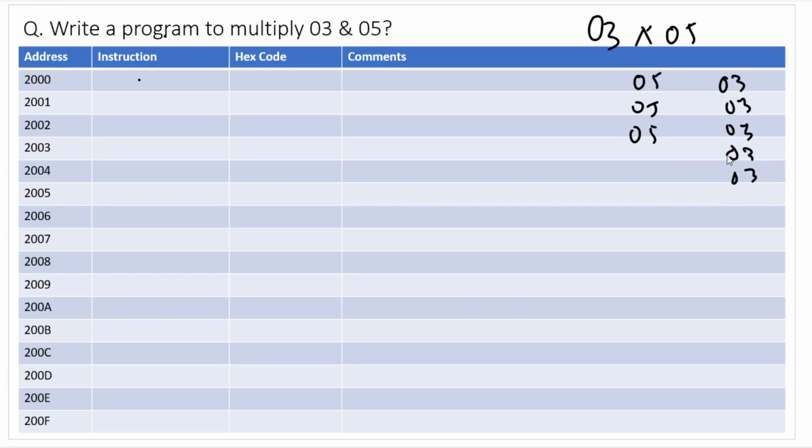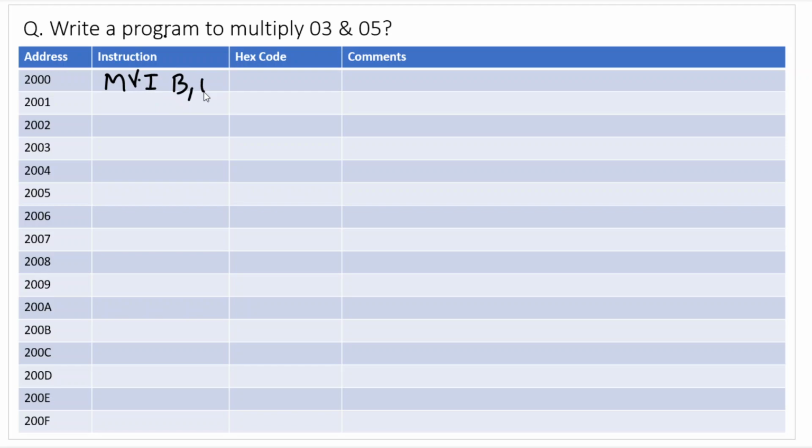So using the addition instruction, we can perform the multiplication operation. Either add 05 3 times, or you can say add 03 5 times. This is the logic that we will be using for this multiplication. So first of all, let us have the two data, and let us move the lower